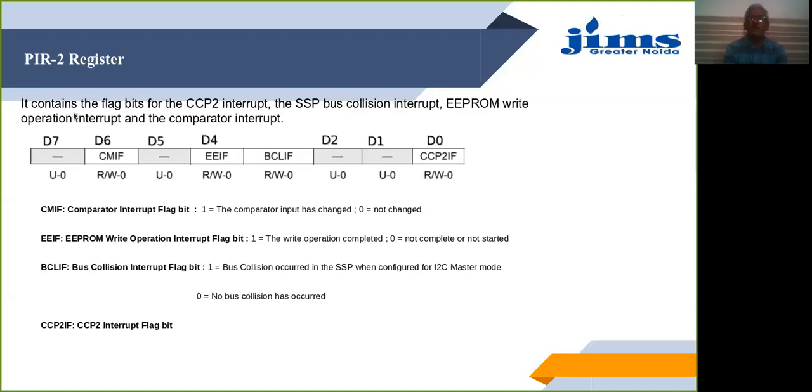The PIE1 is the peripheral interrupt enable for certain peripherals, and the PIR1 is the corresponding flag register. So we have seen the complete interrupt process in this video. See you with more operations in the next.